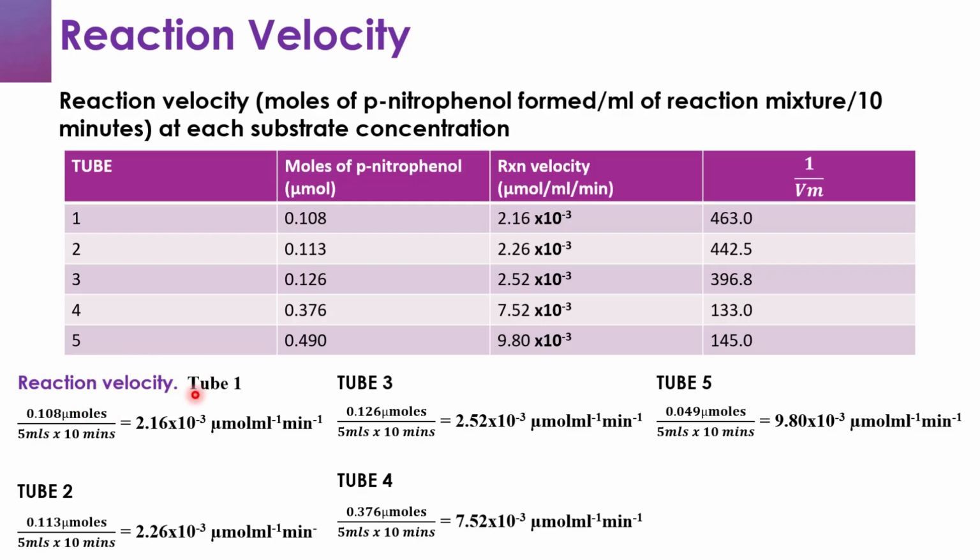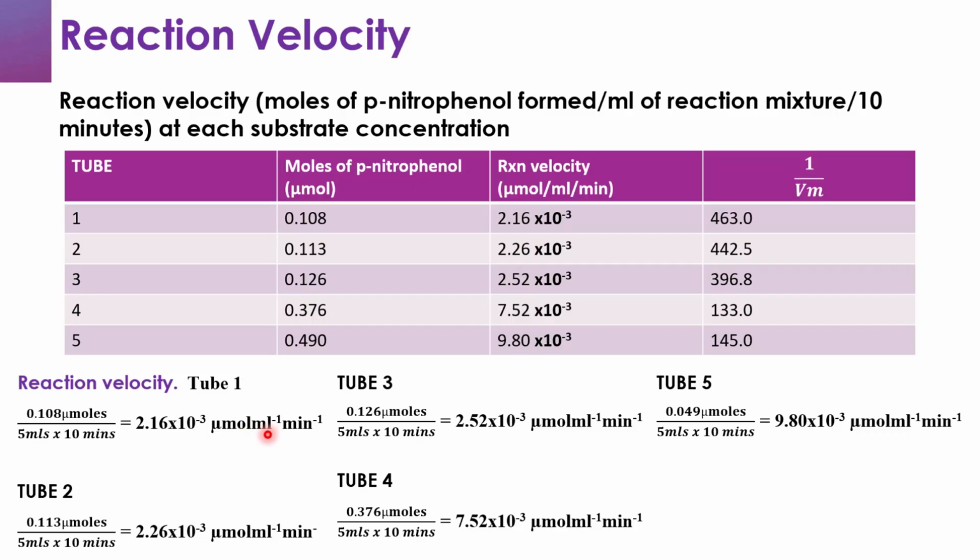If you take the first test tube, test tube 1, we know that the moles of p-nitrophenol formed is 0.108 over here, divided by the volume of the reaction mixture, which is 5 ml, times the time of incubation, which is 10 minutes. If you solve this, we will get 2.16 times 10 to the power negative 3 micromoles per